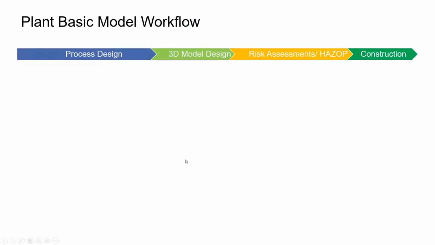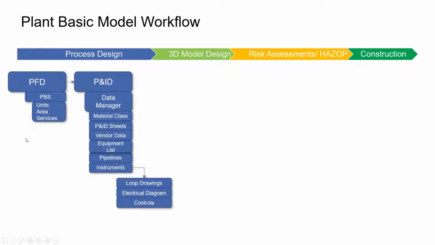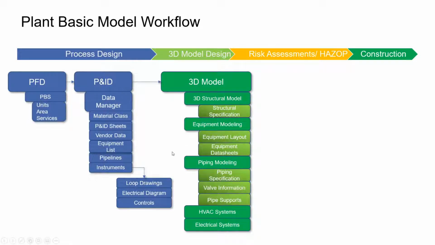So moving forward to the basic workflow in a plant design. Normally it starts with the front end engineering where you define the process flows, define the work packages of the project, and then proceed with the P&ID creation, where you define the different types of piping material class, the standards that you will use, the equipment, and so on. And once you have this PNID model, then you can go ahead with working with your